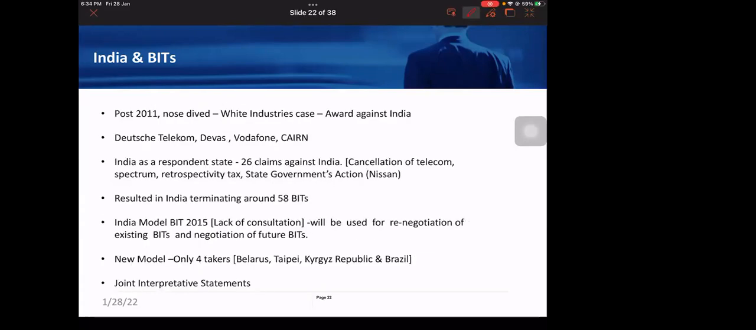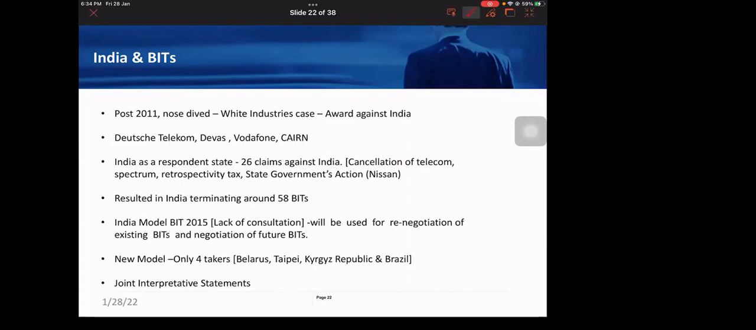So maybe we can say there was definitely an impact of increased FDI coming because of BITs. Now, until 2011, things were good. India was on a spree of signing BITs. But post 2011, after the White Industries case, which is the trigger point,